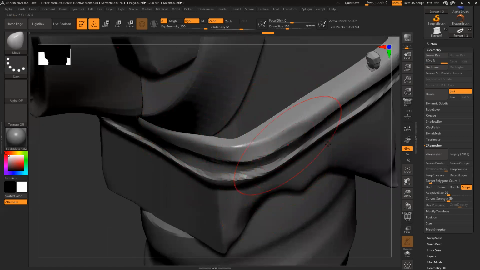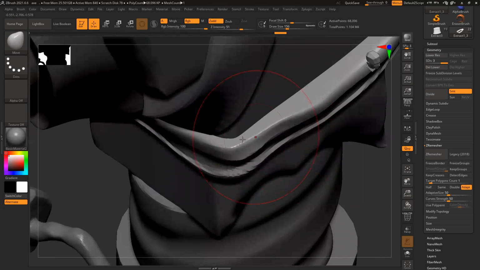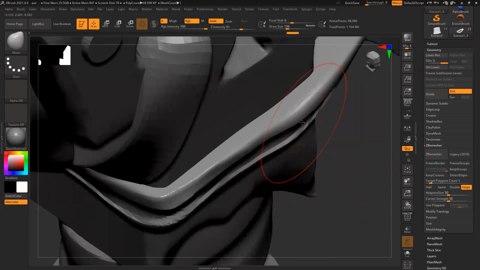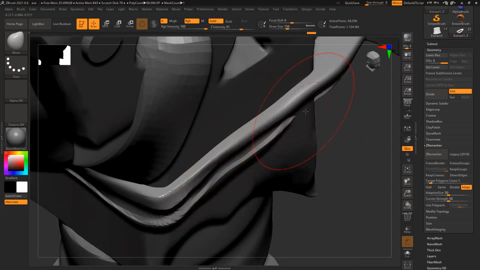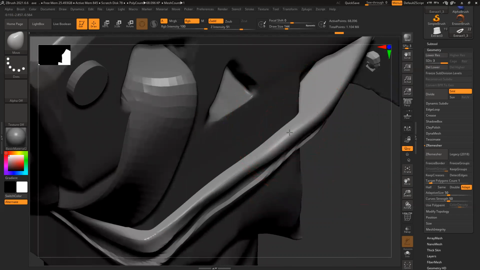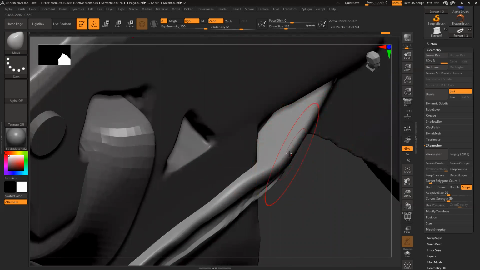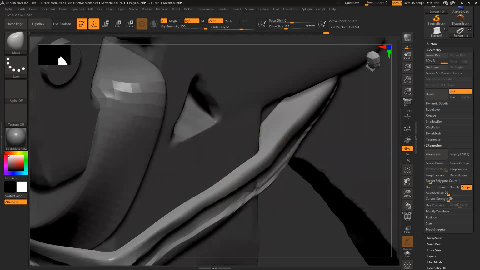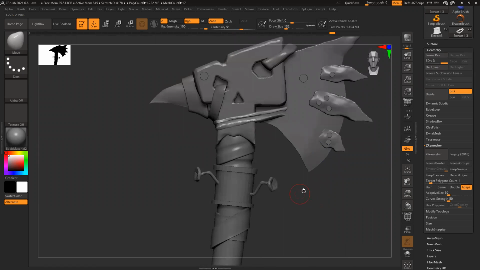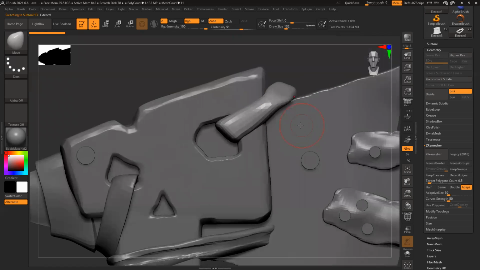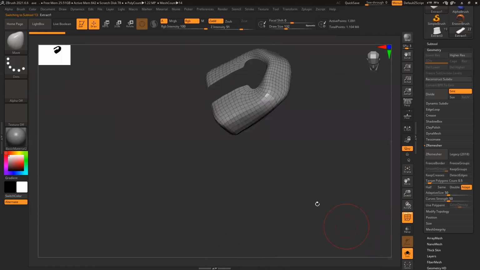Like this area is fine. So I have to push this area inside, similar thickness. Here also you can see same thing.